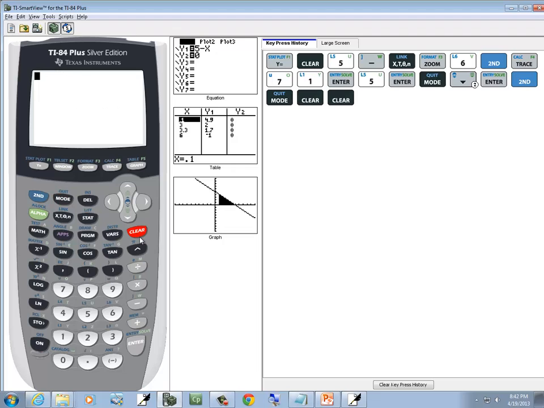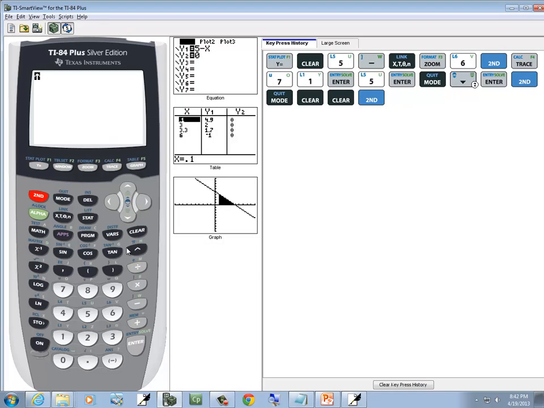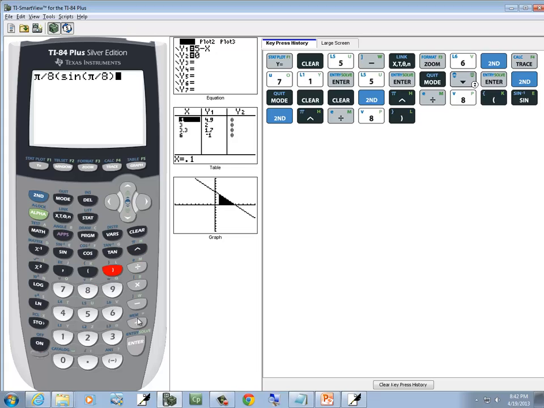I'll press clear a couple times, clear that screen. And we're going to have pi over 8. So second caret divided by 8. Beginning parentheses, sine of pi over 8. So sine of pi divided by 8. Close parentheses plus sine of 2 pi divided by 8